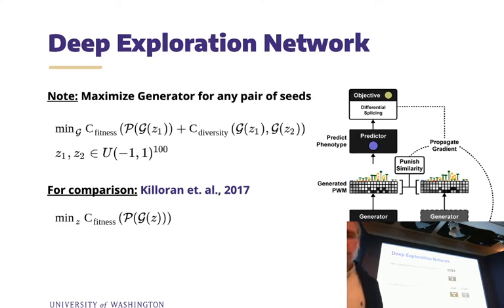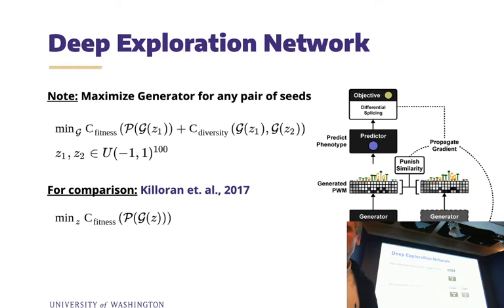And also note that we start with a randomly initialized generative neural network, and what we're doing is we're training the weights of that generator to minimize this joint cost function of functional fitness and diversity for every possibly sampled latent input seed pair. Just as a comparison, for the work that we build upon architecturally by Killoran, the optimization took place on a pre-trained GAN where the weights were fixed and where the minimization occurs on a single input